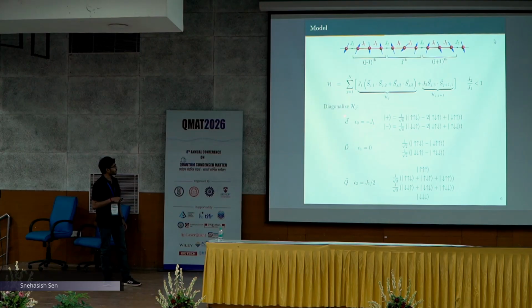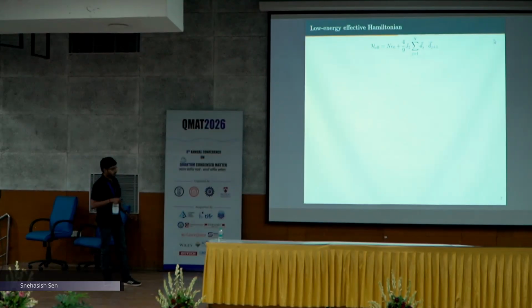Now, if you diagonalize this trimer Hamiltonian part, you get a doubly degenerate ground state, and then the first excitation is also doubly degenerate, and then it is a quartet. I am calling them plus and minus, which will be useful later on, and I am calling them D and Q. As it turns out, the effective low energy Hamiltonian is just a spin half antiferromagnetic chain Hamiltonian with a modified exchange interaction, and the factor is 4/9 J2. And borrowing the result from the Bethe-Ansatz solution, you get the